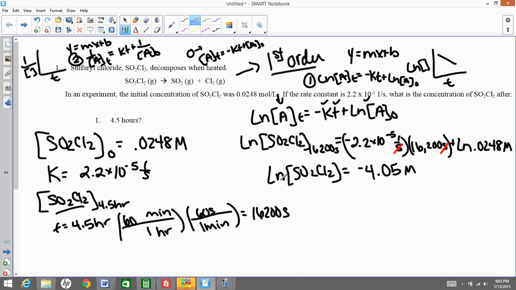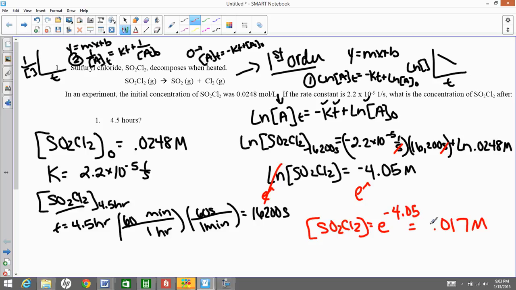In this case, we're going to use the base of the natural log, which is e. So e to the natural log cancels out, and I'm going to do the same to the other side. So I get the concentration of SO2Cl2 is equal to e to the negative 4.05. I'm going to plug that into my calculator. You're going to do second natural log to get the e, and then negative 4.05. And that is going to give me my answer, which is going to be